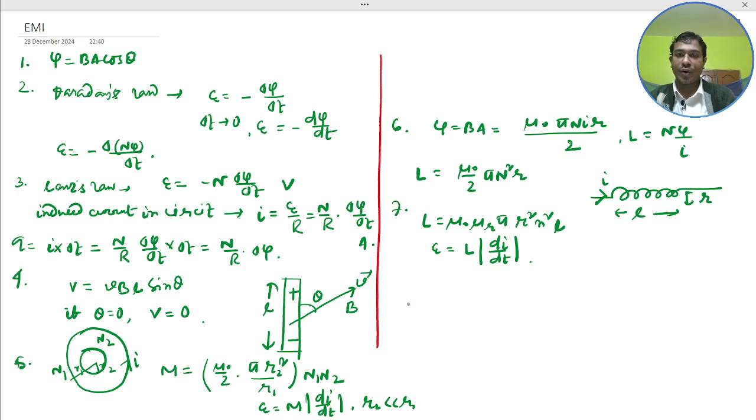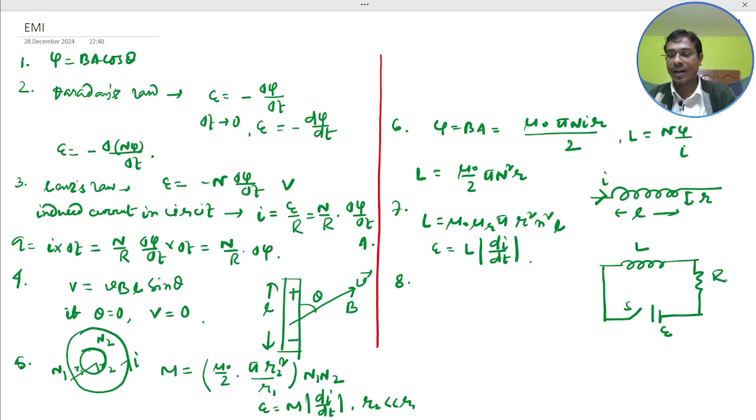Next one, the energy stored in an inductor. Suppose this is a coil with resistance R. So this one is epsilon, and here the key, this is L and the R. So here we just write the power supplied by the battery, epsilon I, is equal to the rate of energy stored in the inductor, that is, L di/dt